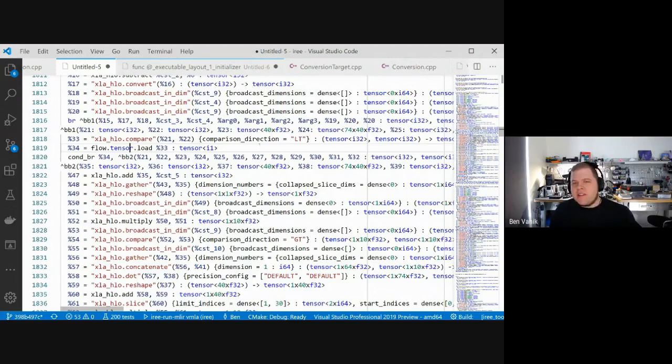And what this indicates is if we were to naively run this compare, which is acting on tensors, in an actual dispatch on, say, the GPU, this tensor load would be a readback onto the host of that tensor value, implying that there's a synchronization here that would be required and other badness. So the nice thing is we now have a bit of IR that, if we're looking through this, we can